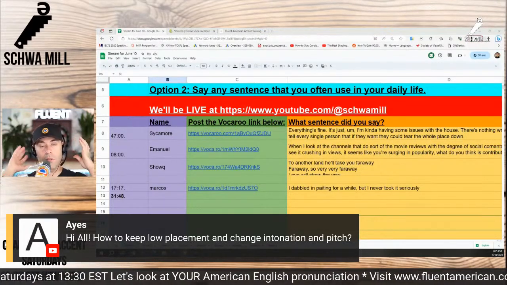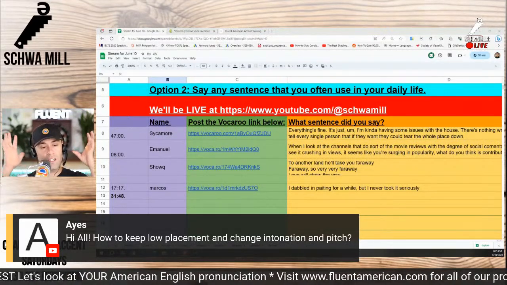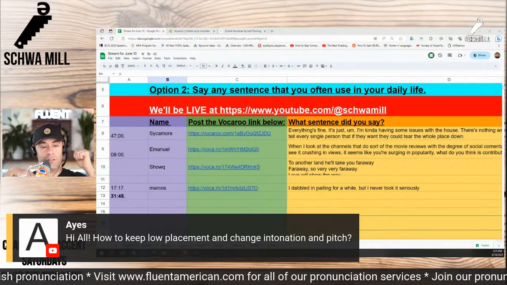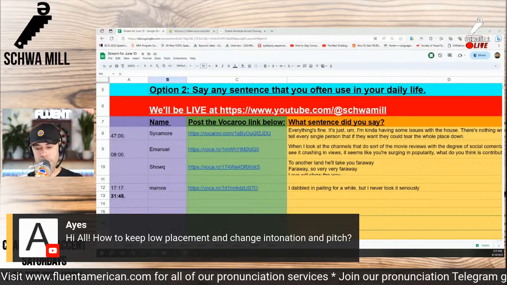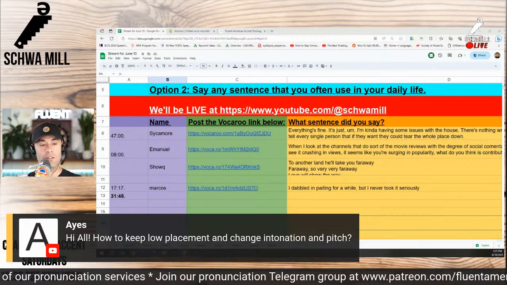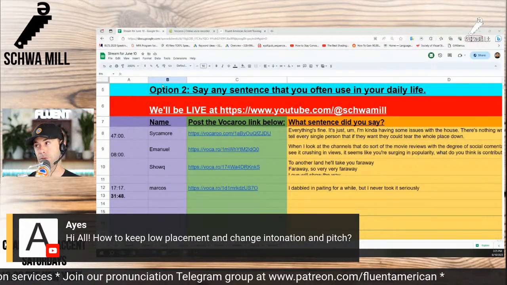There are times again where you can use a higher placement, but in general we're trying to keep things a little bit lower, especially compared to a lot of people's first languages. I hope that makes sense. The more important thing is going to be breath. Okay, and checking out diaphragm exercises. In fact, if you look at